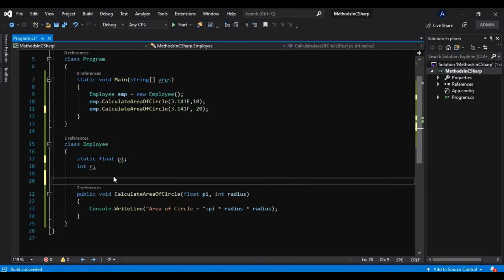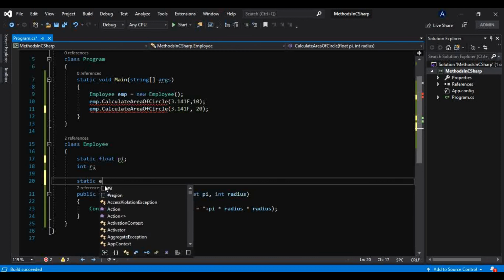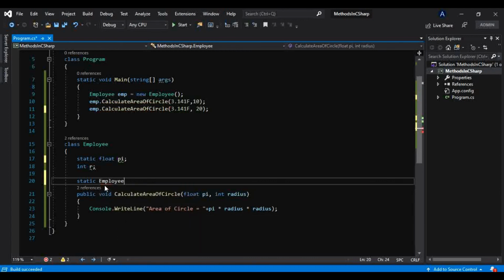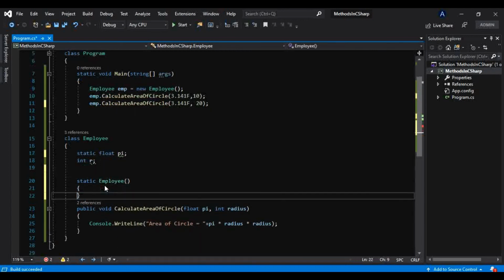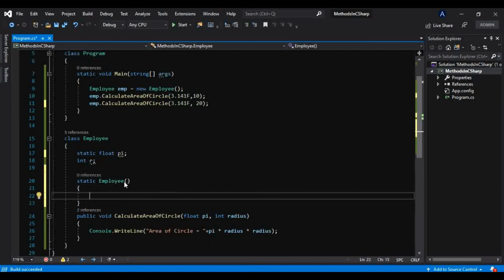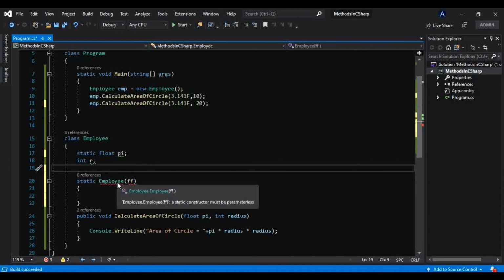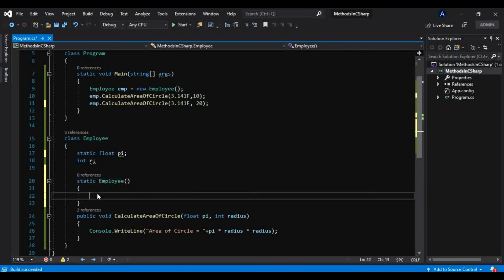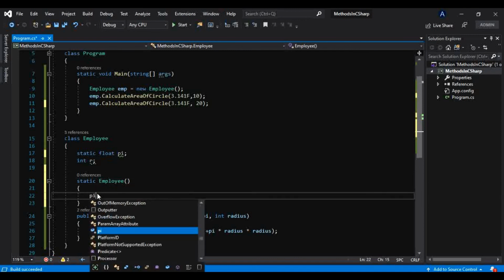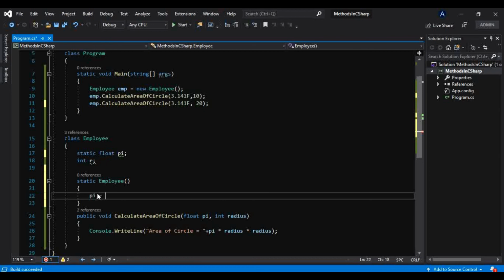What a static constructor will do inside our class or type is initialize the static members of the class or type, like this, employee. It should not take any parameter, because if you do so, it will throw an error. It says a static constructor must be parameterless. Okay, so I will put the value inside this pi as 3.141f.